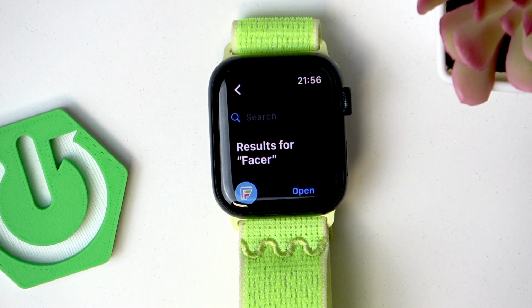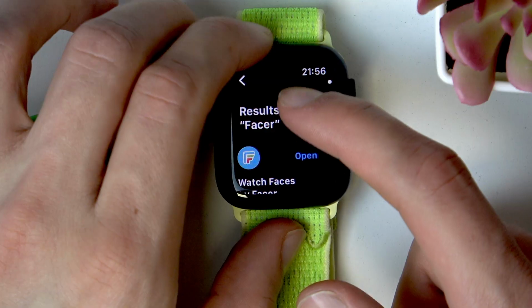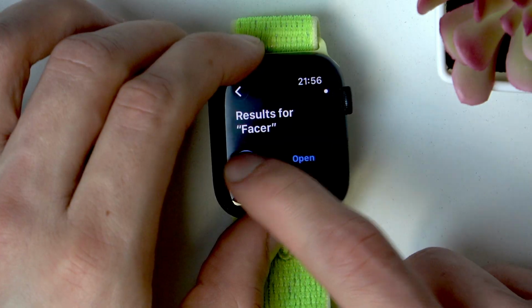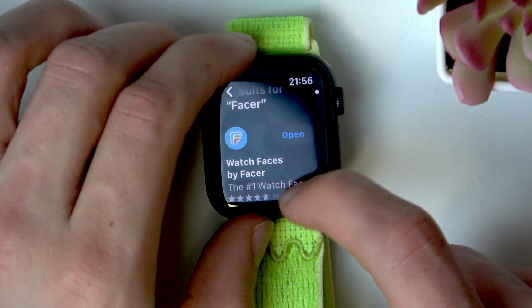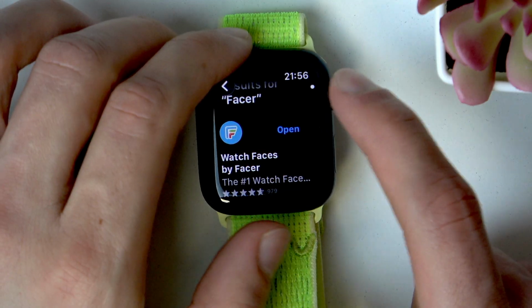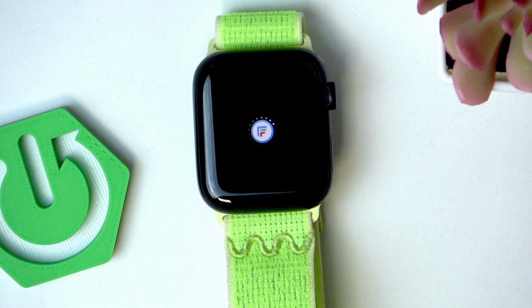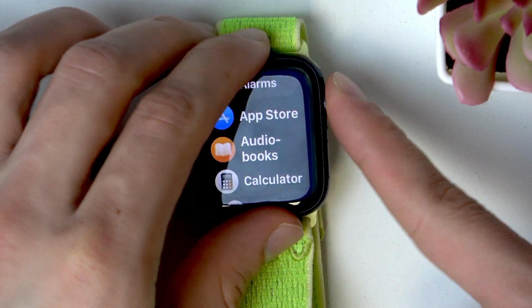Okay, and once you enter the app's title, tap search in the top right corner of the screen, then go to the apps page in the store and tap get next to it. As you can see, it's already installed on my Apple Watch, so I just have to open it, but you cannot do much in it on Apple Watch, so we're gonna need to install the same application on your